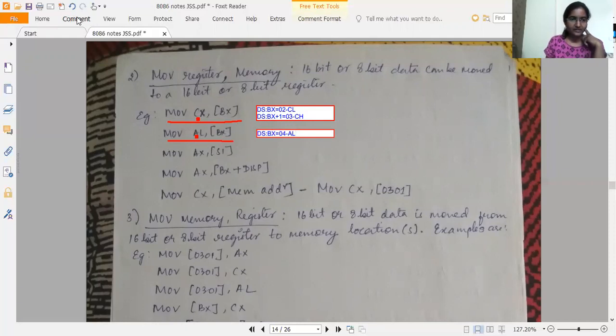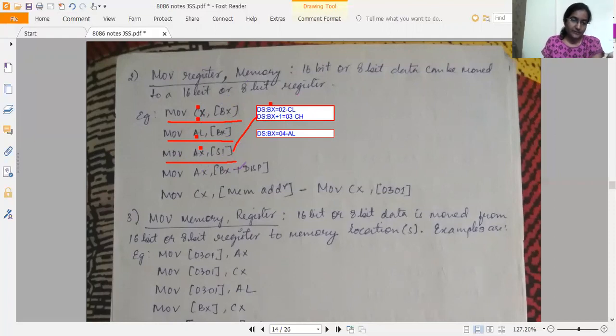Now in the next example, MOV AX, [SI]. All right, so SI is holding the offset address. So this and this are the same, except that in place of BX, here it is SI. That's it. Why are this and this the same? Because the destination size is 16-bit, and here also the destination size is 16-bit. So here it would have been DS:SI plus 1. Okay. So together the content will be moved to AL and AH.